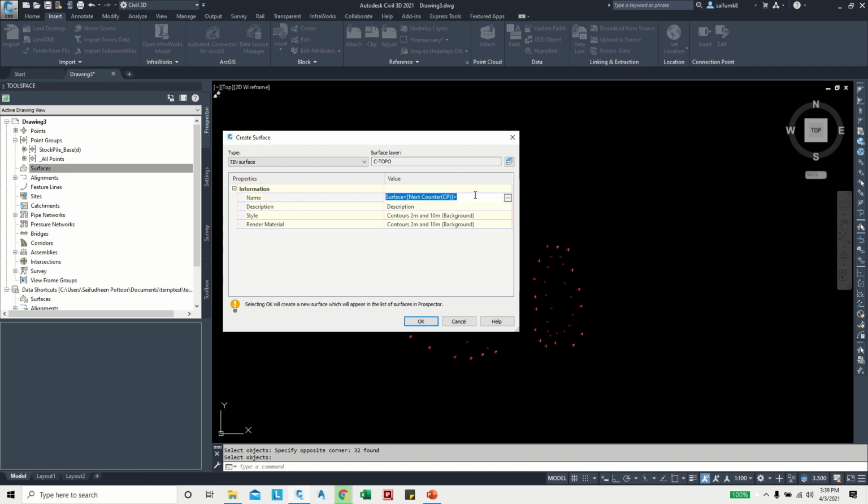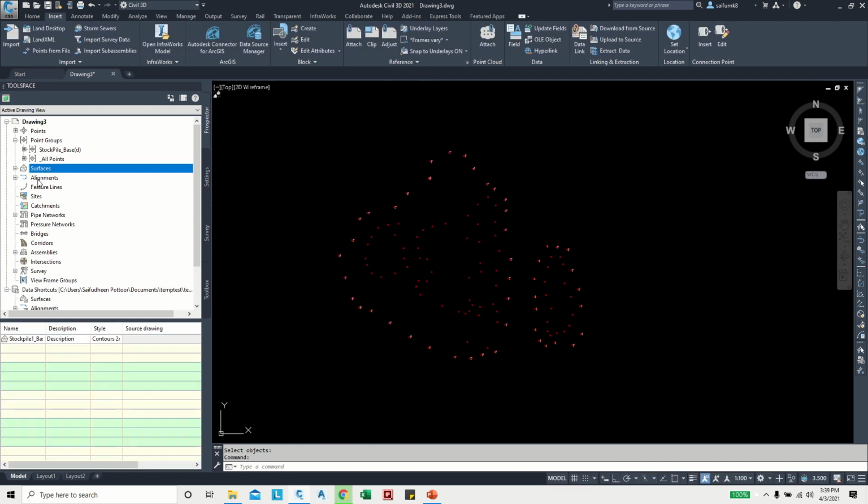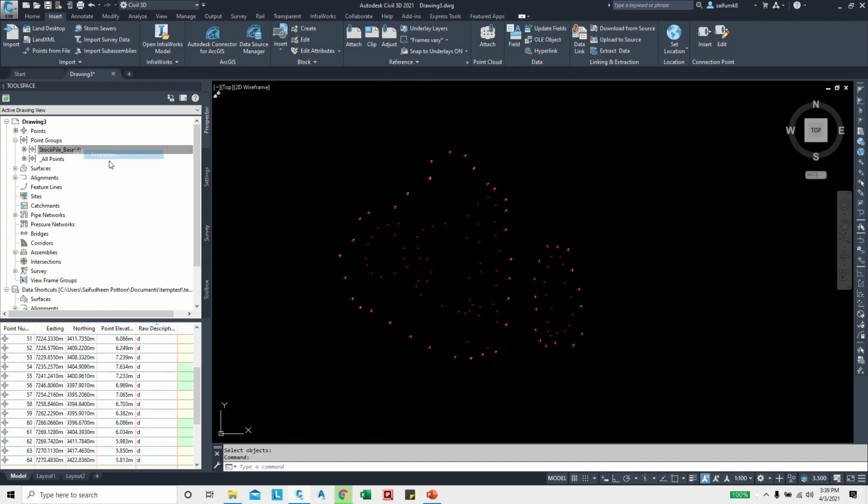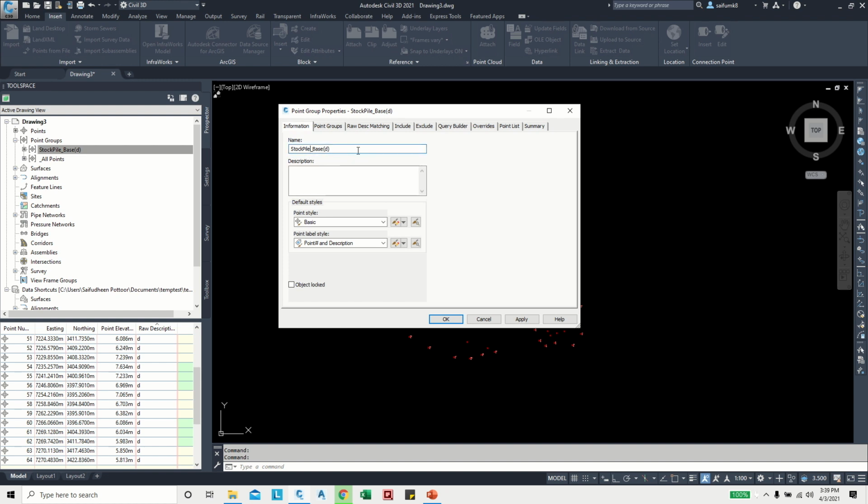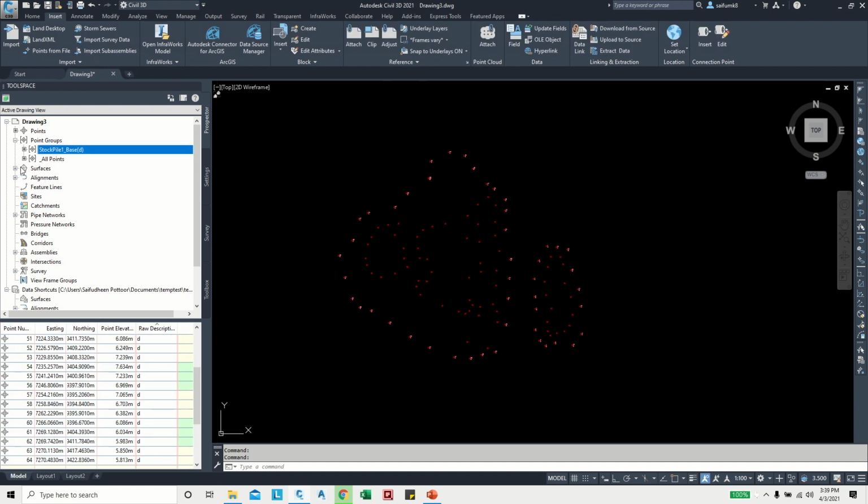Now I can give stockpile 1 base. Also the point group name I can make stockpile 1, because we have the two stockpiles. And the surface which we created, on the definition